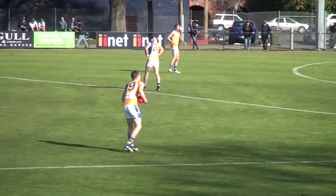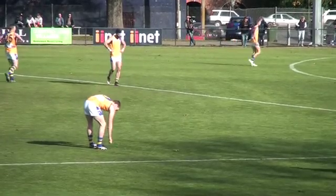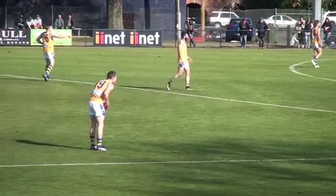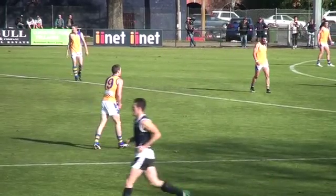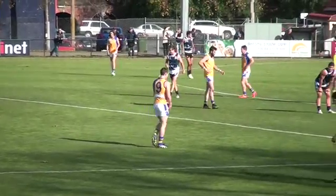And we wouldn't have the faintest idea where we're at with these ones, unfortunately. But I'll just back him in because the transition was good. He's looking confident, isn't he? Well, the way they moved the ball there, Bendigo, was very clean, but a lot of loose players forward, and Ballarat need to make sure the defenders are...